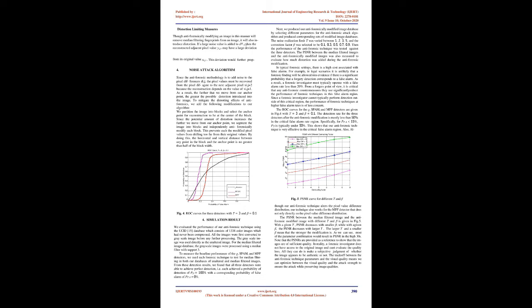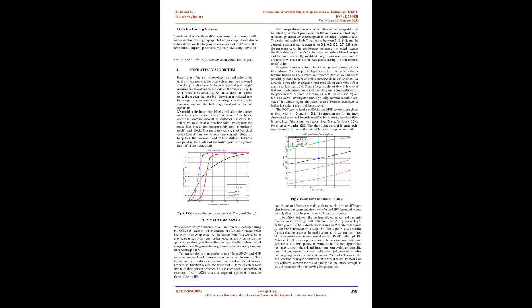This means that when reconstructing the pixel values from the pixel differences, we need the value of at least one reference pixel. We refer to this pixel as the anchor point. Assuming that we choose the pixel at the location (i, j) to be the anchor point, the corresponding pixel value e_ij in the anti-forensically modified image is given by e_ij equals x_ij. Once the anchor point is chosen, we then modify all the pixels in the ith row, where n_h is the noise realization obtained from the one-dimensional noise distribution f_n using the acceptance and rejection method.